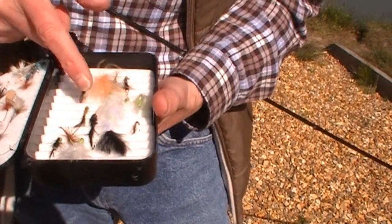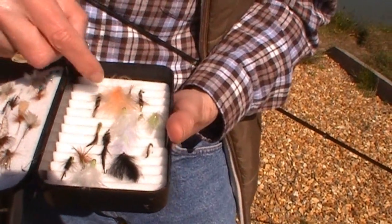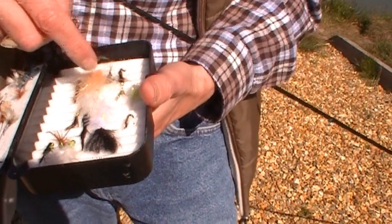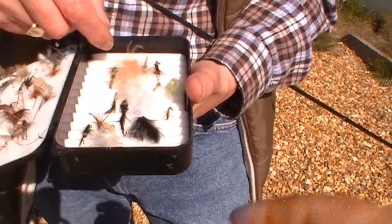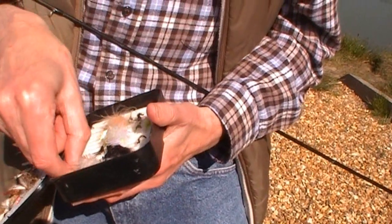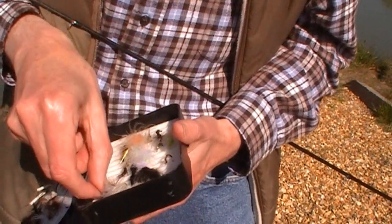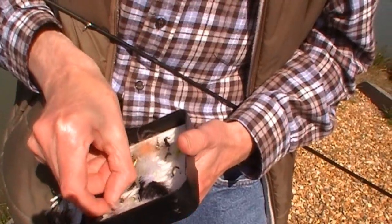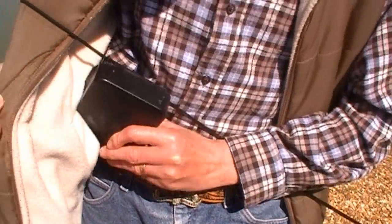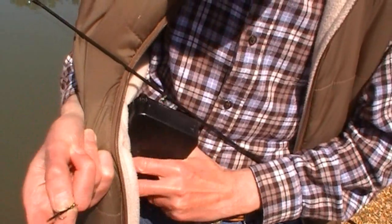If you want to go with a bright orange, that'll sink. You've got a mixture of green and blacks in there. You've got the Montana flies, which are always good. I'll go with this one. You want to go with that one? That's a Montana. We'll give that one a go, and that's lovely. We'll tie that up and then present that, and I'll be standing by for the next fish now,